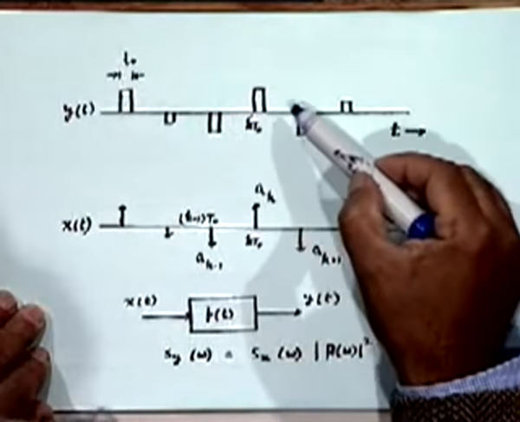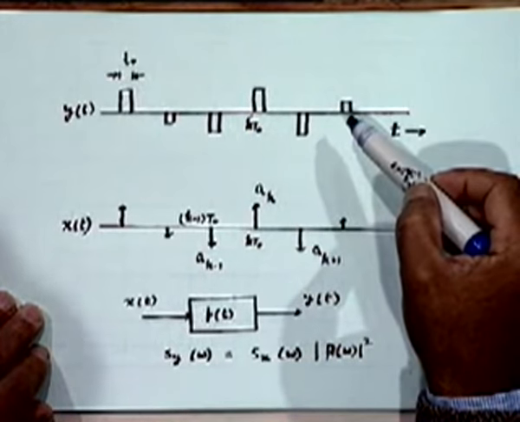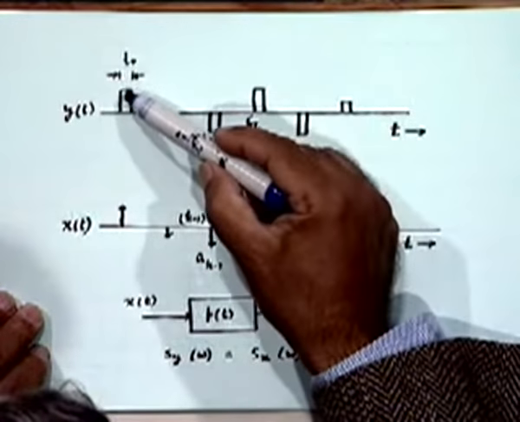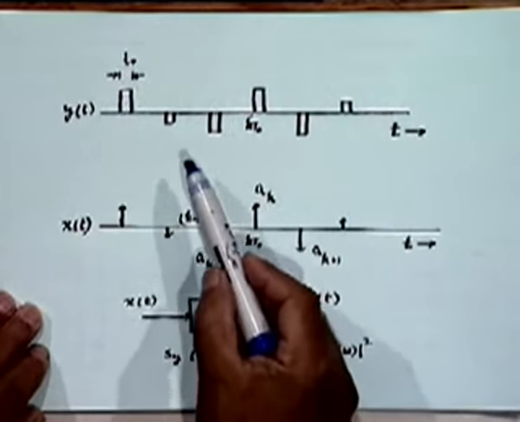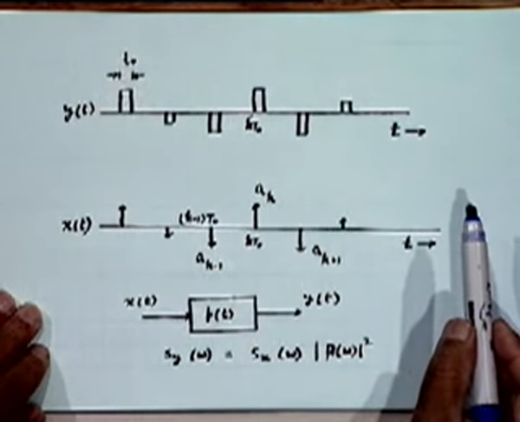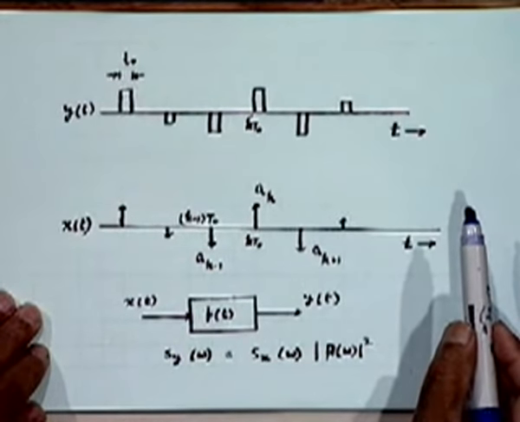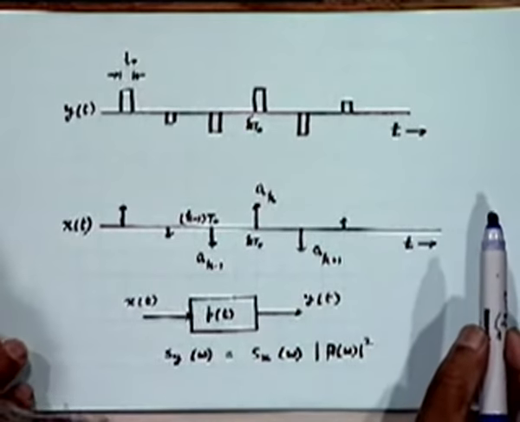positive and negative pulses, in general of arbitrary amplitudes, with pulse widths equal to, let's say, some value t sub 0 and with a period of t sub 0, which corresponds to the data rate, the symbol rate or the pulse rate that you are using in your digital system, digital transmission system.